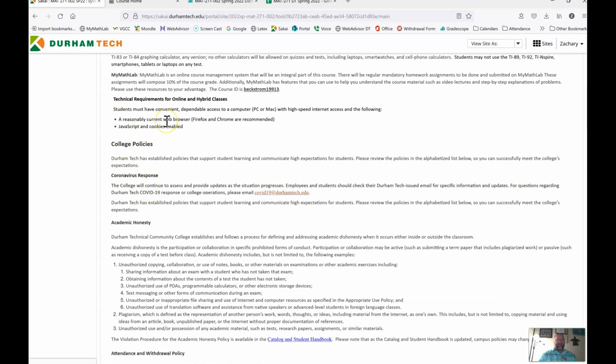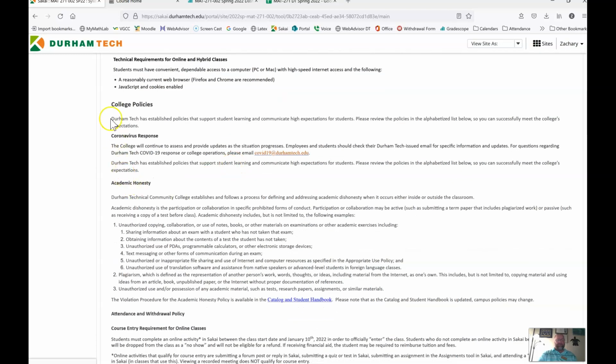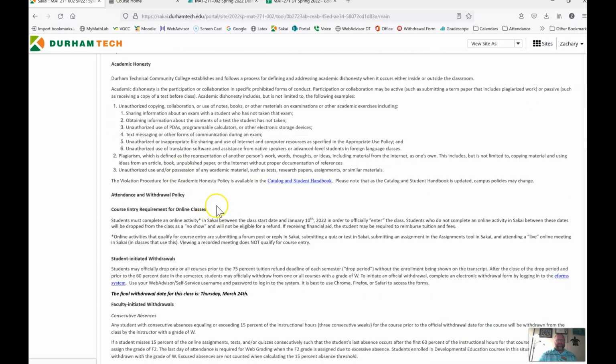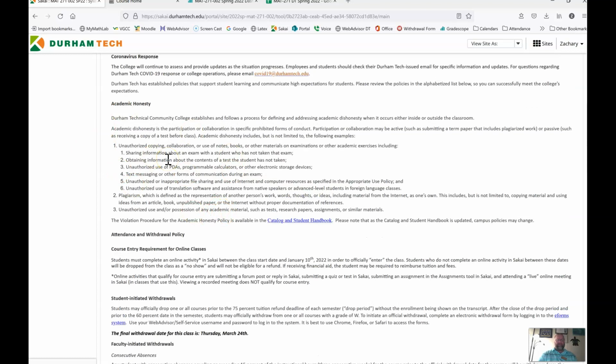Here are your technical requirements here. Again, this is the code from my MATLAB. College policies, they talk a little bit about here about the coronavirus. Now, the academic dishonesty here,